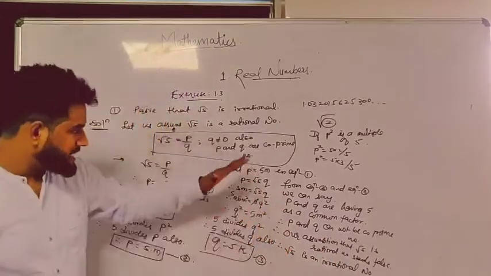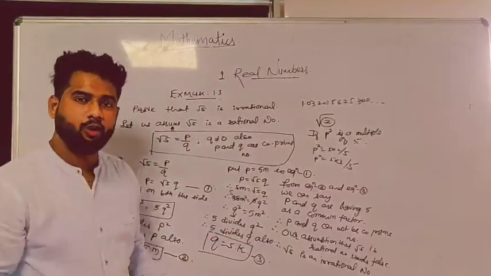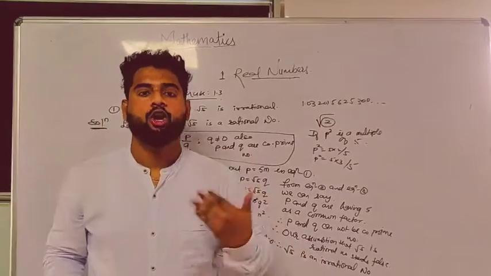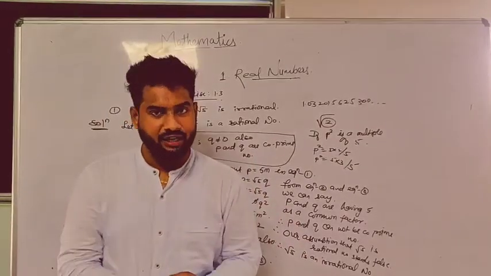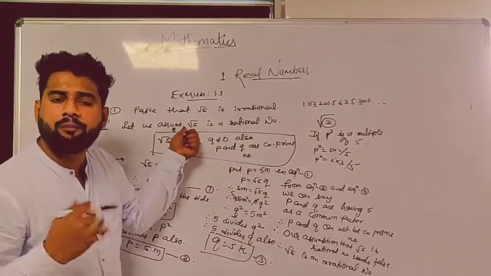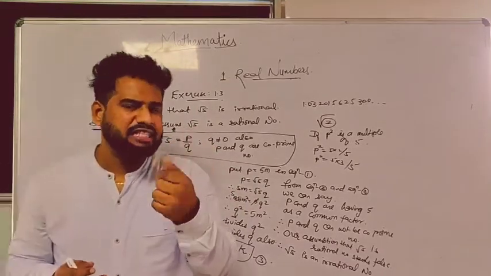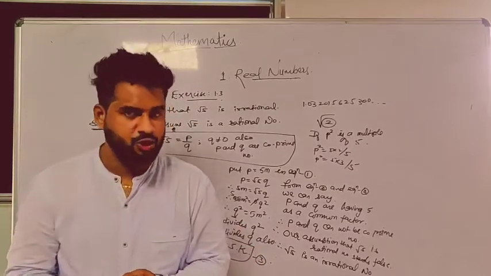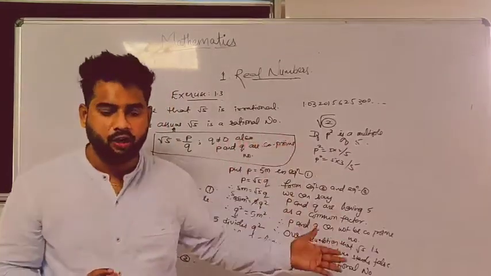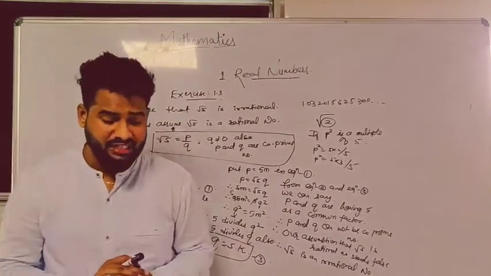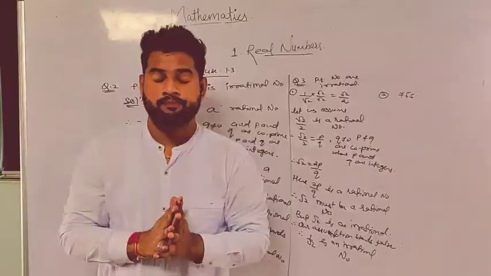Right? You have to follow this step for every single root, like root 2, root 3, root 5, root 7, root 11. If any other number is joined here, either by plus or minus, we will have a separate method that I am going to teach you. So pause the video and note it down. We will move towards the next question, question number 2 of exercise 1.3.